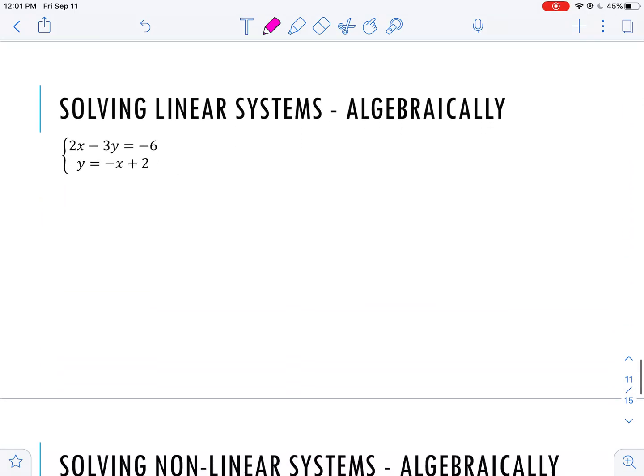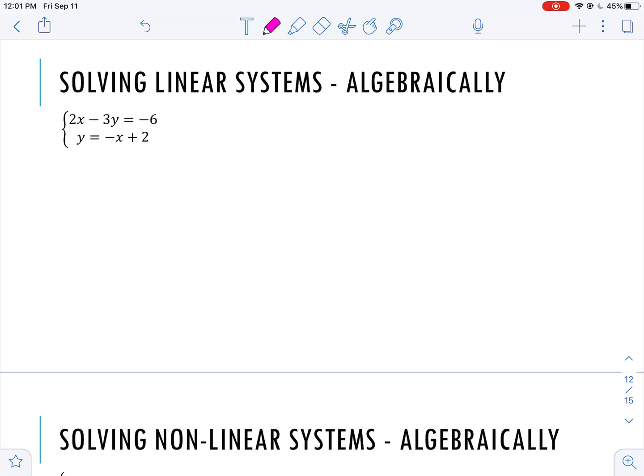So solving linear systems algebraically. So if I wanted to solve that first system that we just did algebraically instead of graphically, you've got a couple options. You can use substitution or elimination. Since y is already solved for in that second equation, I can take the y and plug it into the first one. So I have 2x minus 3 times y, which is negative x plus 2, is equal to negative